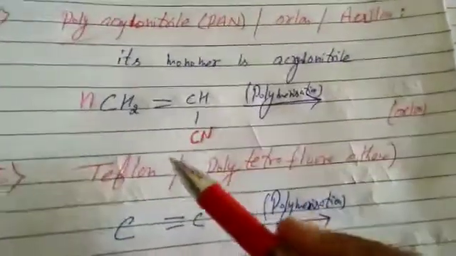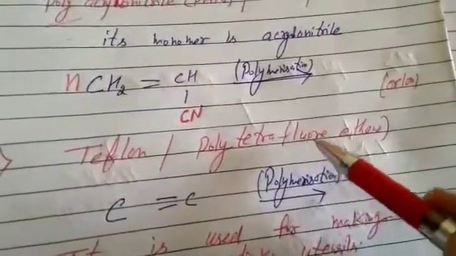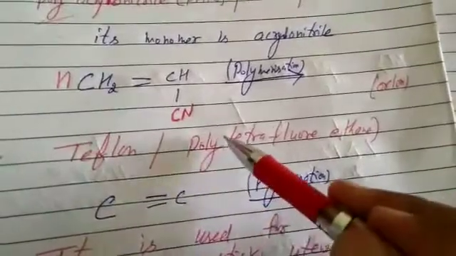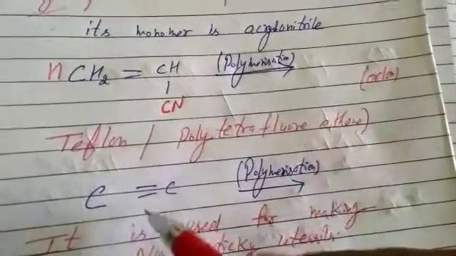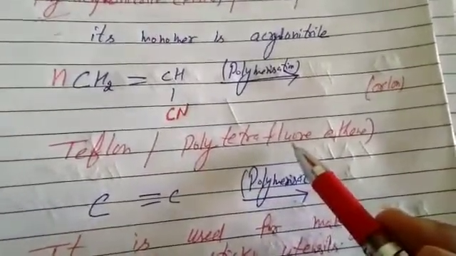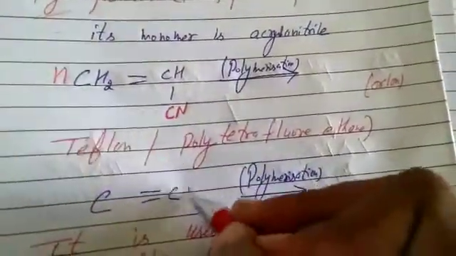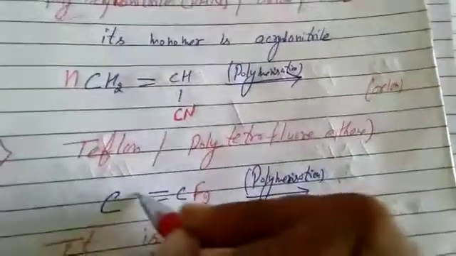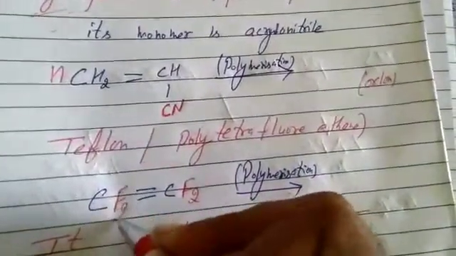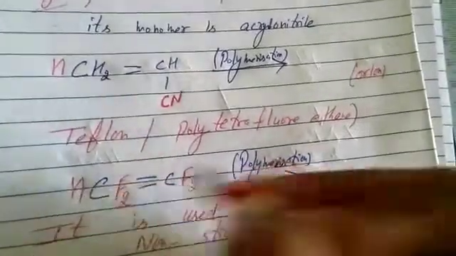After this, next is Teflon, also called polytetrafluoroethene. Now what is the monomer of Teflon? Delete the term poly, its monomer is tetrafluoroethene. Students, ethene means a carbon-carbon double bond. Tetra means how many times? Four times we represent the fluoro group. How many carbon atoms are here? Two. It means two fluorines with each, CF2, CF2. Now the valency of carbon is complete, so no need to mention hydrogen. Teflon, its monomer is tetrafluoroethene. Again consider n times and do polymerization.